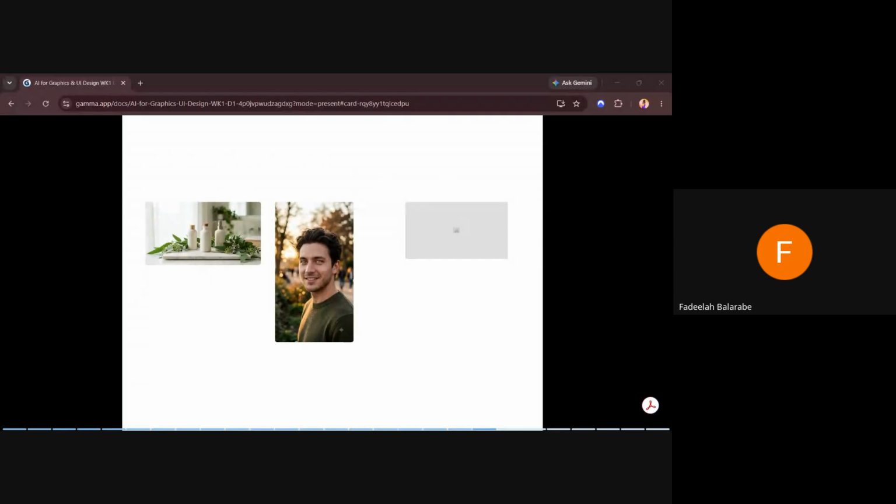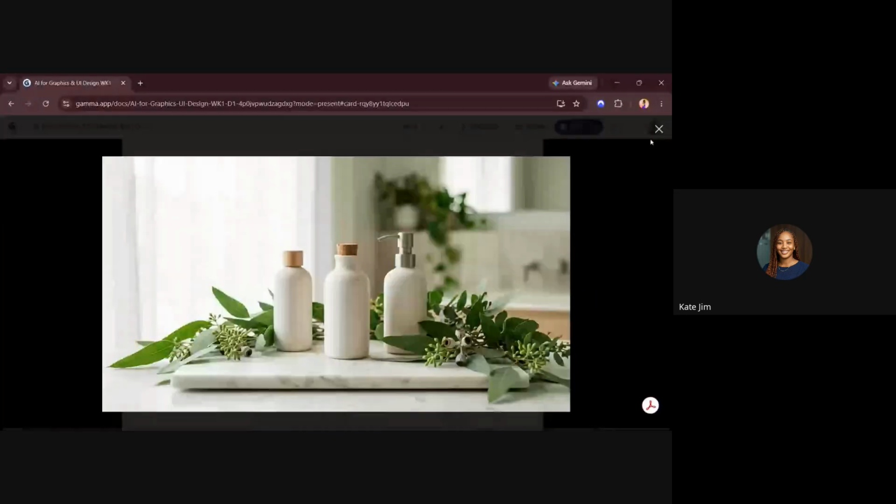I did nothing. There are bottles like this. Fadila, did you try to tweak anything so that we know? Mine too, you can see mine, the same prompt, but it gave me this.